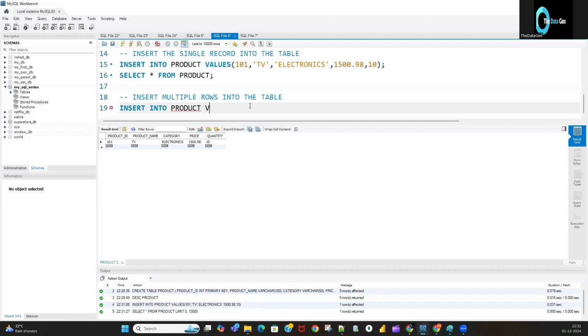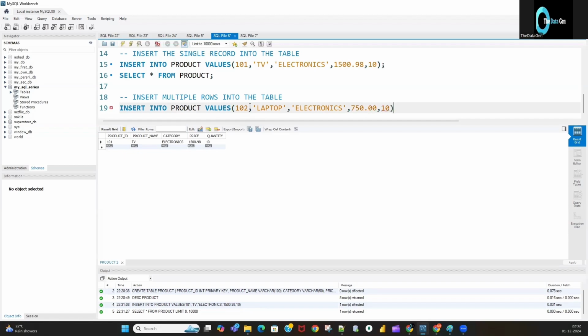So you need to write values, and then here I will write 102 comma laptop. Then this also comes under electronics category. So I will write here electronics comma price is, let's say, 750,